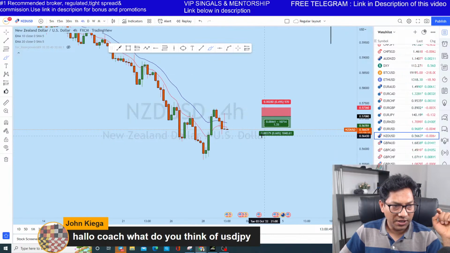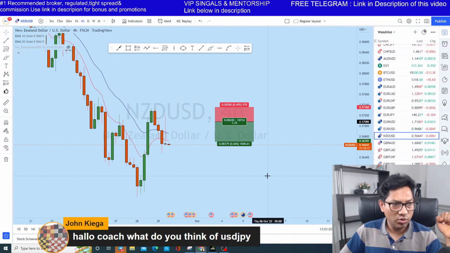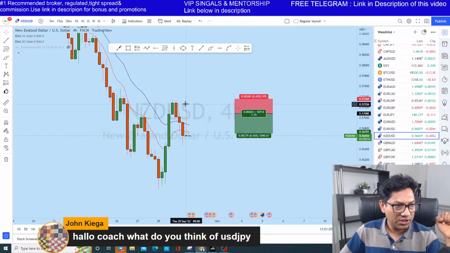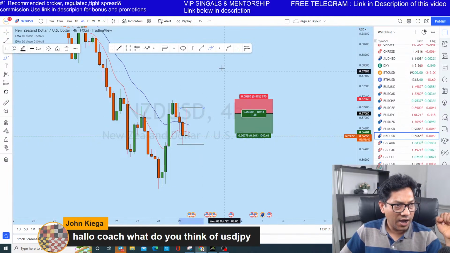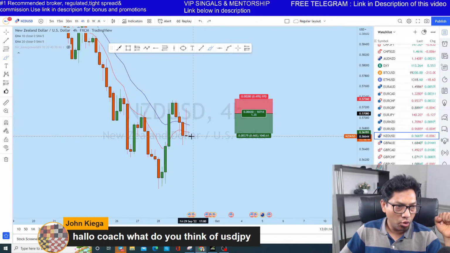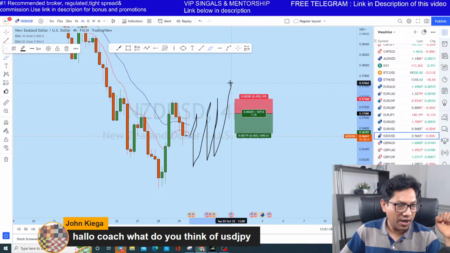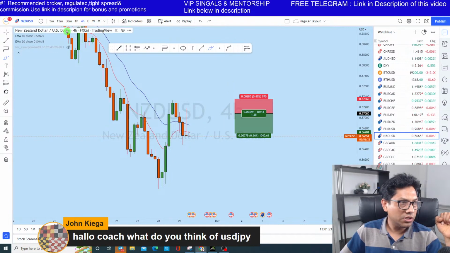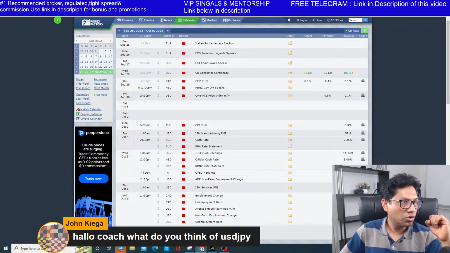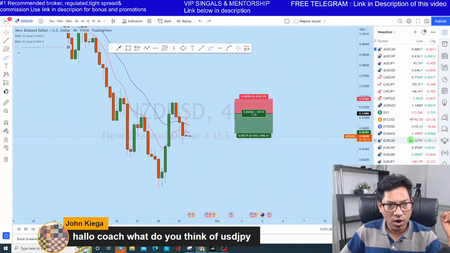We need to see what happens. There is news coming. After the news, the next candle will tell us which way the market might be heading. Based on the next candle, we will decide whether we trade NZD/USD or not, because you see there is a strong rejection, but the price still couldn't break the previous candle's low and create a high. In this news it might go up and down a lot on the lower time frame. The news is coming at 11, and we will be covering it. After the news, we will know exactly what might happen.